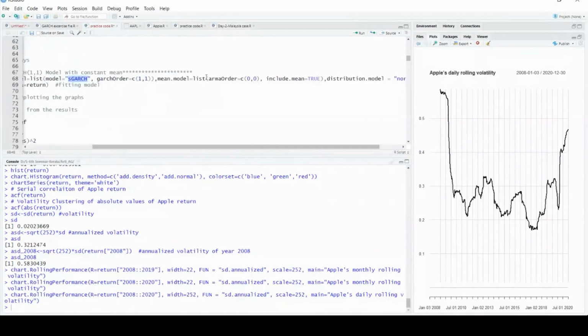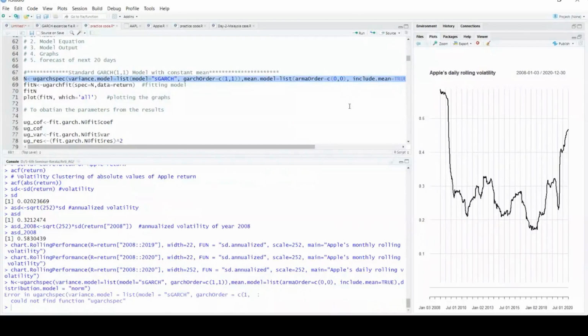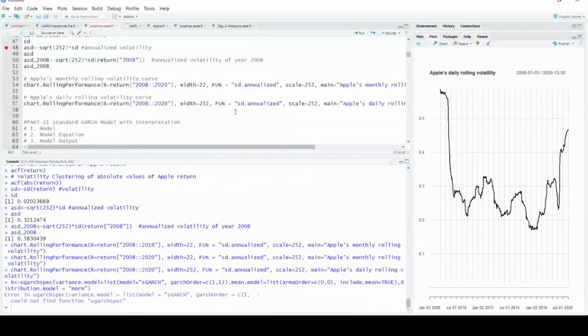Then we have the mean model. The mean model is the constant mean model, I'm using it here. The distribution model is norm. Norm represents the normal distribution. All right, so at the beginning we always start with the basics, so we assume the data is normally distributed. So I'm running the normal distribution model in the GARCH 1,1. Now there is another, after running this equation, which I will be running here. Okay, where's the problem? Just a second.